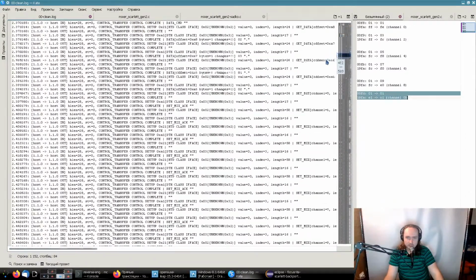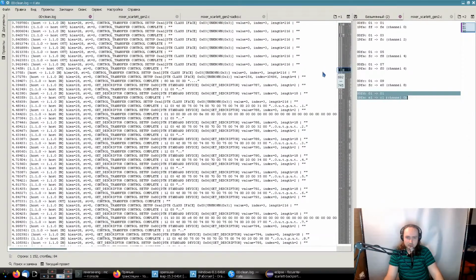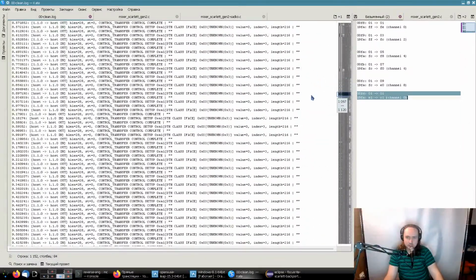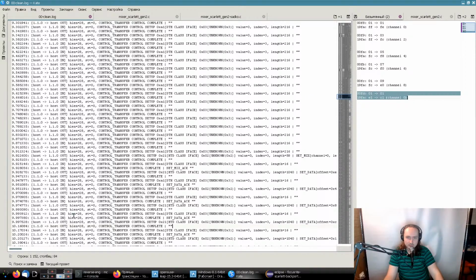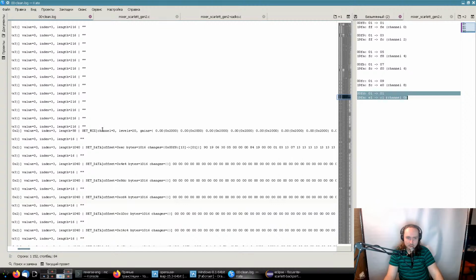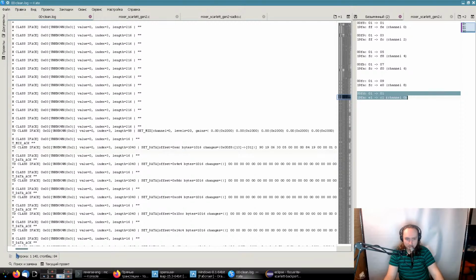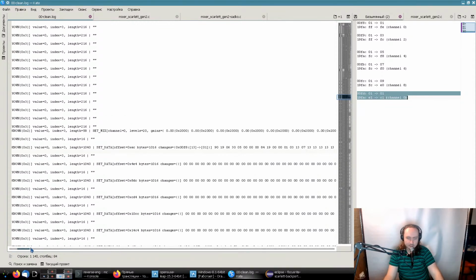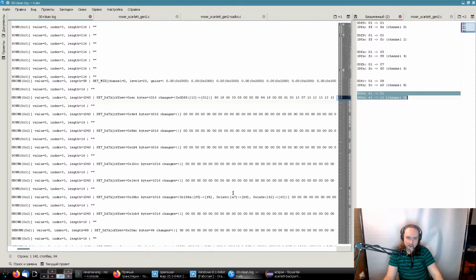There is an initialization sequence, the additional initialization, and after that we have our device initialized, and channel 0 was initialized. We set F8 from 13 to 1, only 1 byte. And after that, we change the mask at